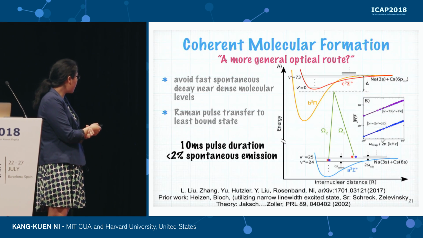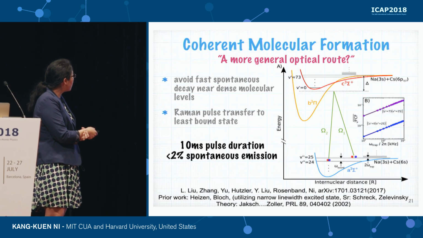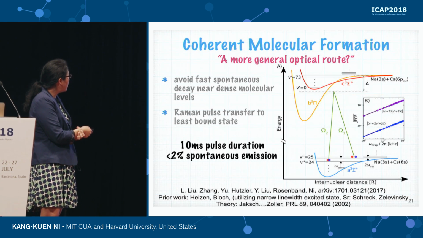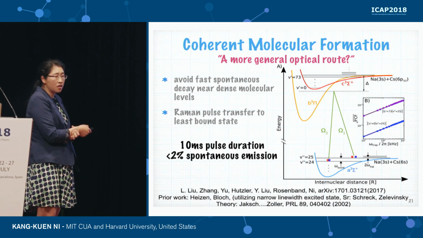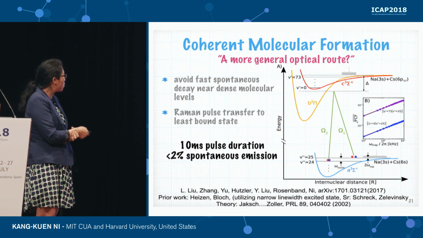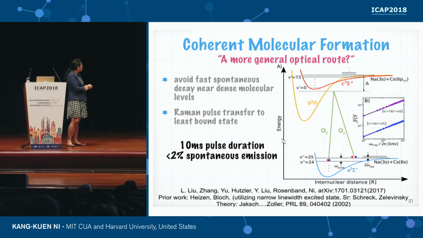So, some references down here, but just briefly, we found that because these two levels are very close by, but the Franck-Condon factors are very large in mismatch, therefore we have to detune. We found a scheme where we had to detune very far from the threshold. In fact, we used the ground state of a particular electronic potential, detuned from there, and did Raman transfer, and we should be able to achieve less than 2% spontaneous emission. Okay, so